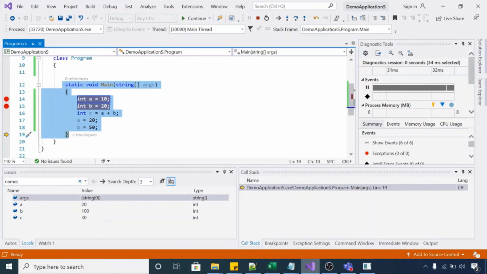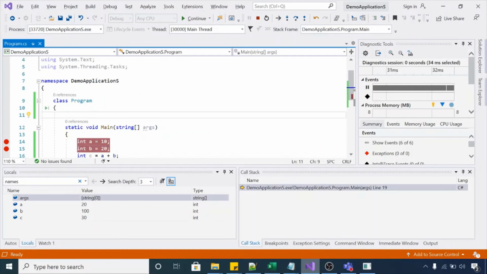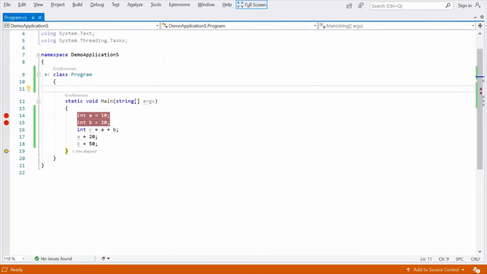And if we create some method here, let me add one method here. public static int AddTwoNumbers, and we will pass two variables here, integer x, integer y.